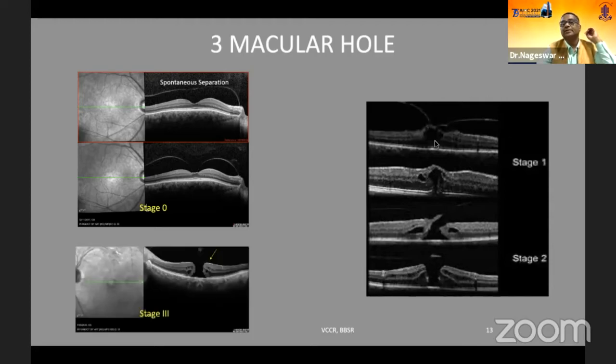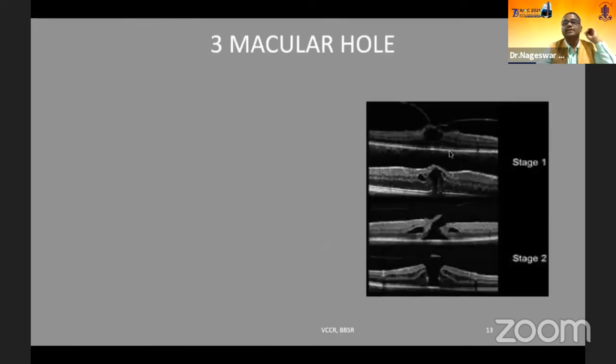Some cystic changes will be there with the vitreofoveal attachment. Clinically we see it as a yellow spot-like thing because of the cyst in the fovea, and when the neurosensory detachment occurs, a ring sort of detachment occurs, then we'll see a yellow ring. Then stage 2, eccentric holes will be there with some flap of attachment, or it looks like a flap tear, very subtle, that is less than 200 micron size. This is stage 2.